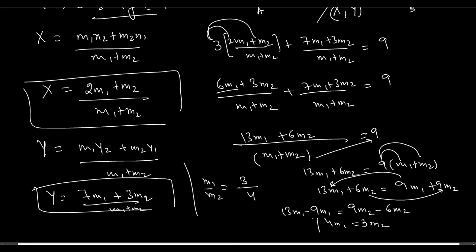Because we need to check this one, whether if I again cross multiply this way and this way, will I get the same answer or not? If 4 is multiplied with this one and 3 with this one, by cross multiplication you again get 4m1 is equal to 3m2, which is our previous one. So that's why we need to check. Sometimes students write m1 upon m2, thinking that m1 is 4, so they write 4 here and with m2 is 3, they write 3. But when you multiply again, you get 3m1 and 4m2. That is incorrect. Got it? Yes, sir. Okay.